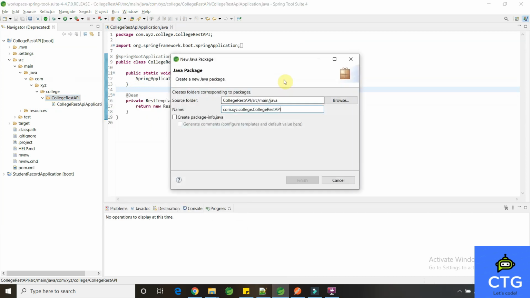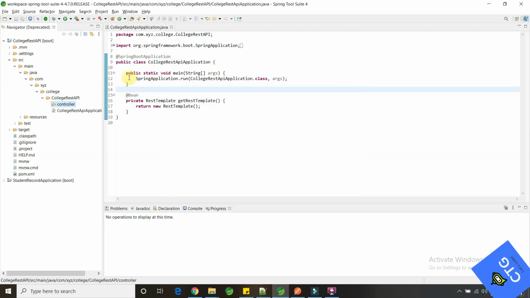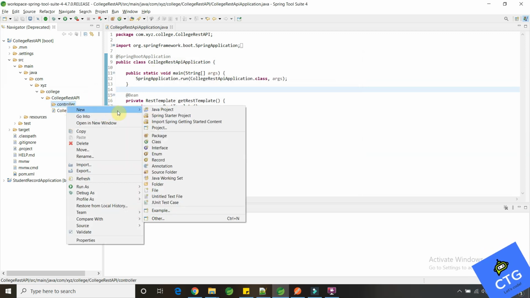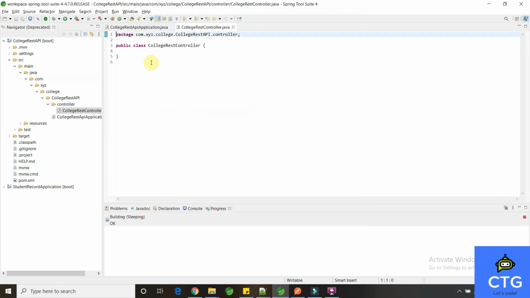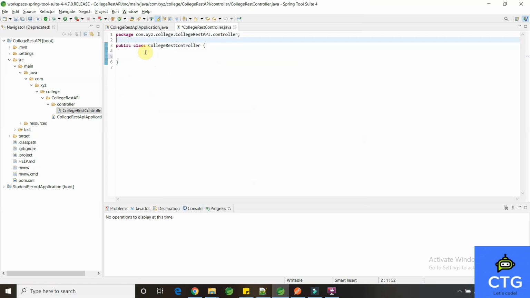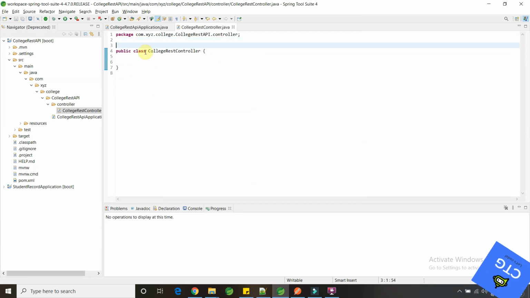Quickly, we will create a controller class. For that, create a package, controller. In this package we will create one controller class. Let's say this is college, so college REST controller or college controller, whatever we want to name it. Now, from one RESTful API we are trying to communicate with another REST API.